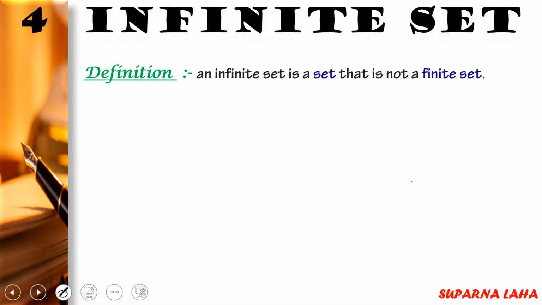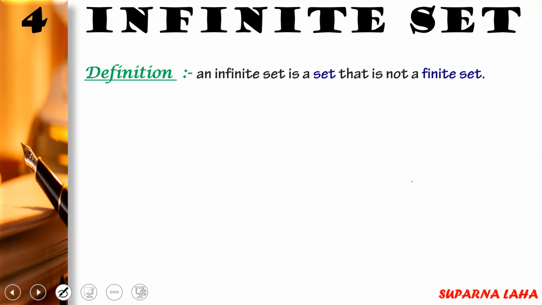Here you are just reading this definition and some examples. So we can't say that if we can't count the elements, this is an infinite set. No, if the set is not finite, at that time it is an infinite set. Behind these finite and infinite sets, some more concepts are there, that is countability and uncountability. You will learn this in higher class. But for now, learn that if a set is not finite, we will call it an infinite set.